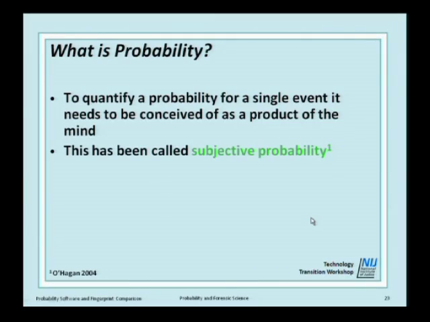You either get a 6 or you don't. It's as simple as that. So what can we do? Well, luckily, or again, unluckily, depending on your perspective, there is a way of thinking about a singular event. And it's this idea of it being conceived as a product of the mind. And I looked for an easier way to explain that, but it's not actually very easy to explain in simple